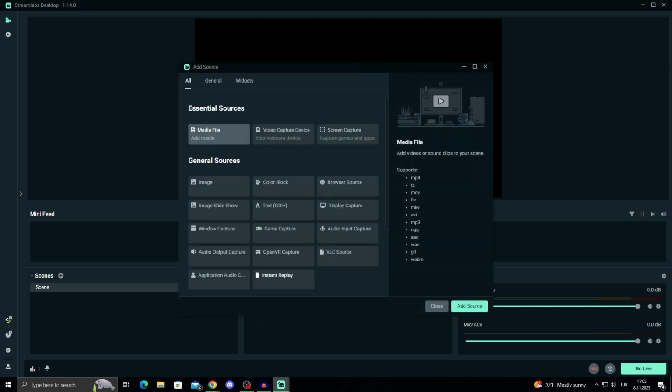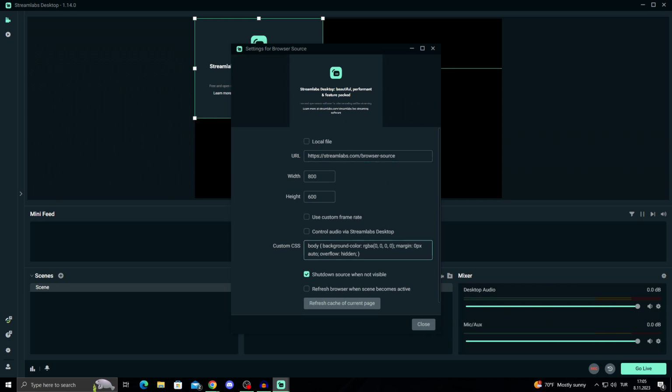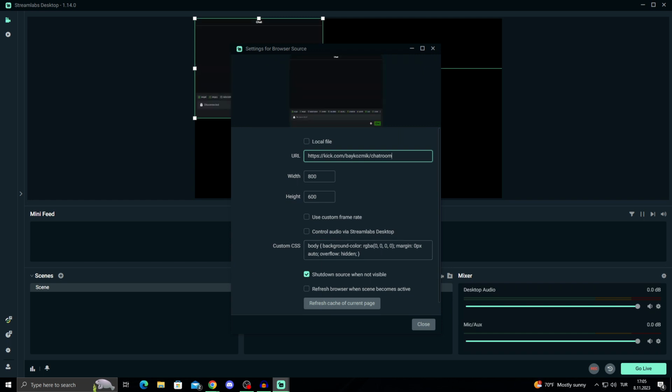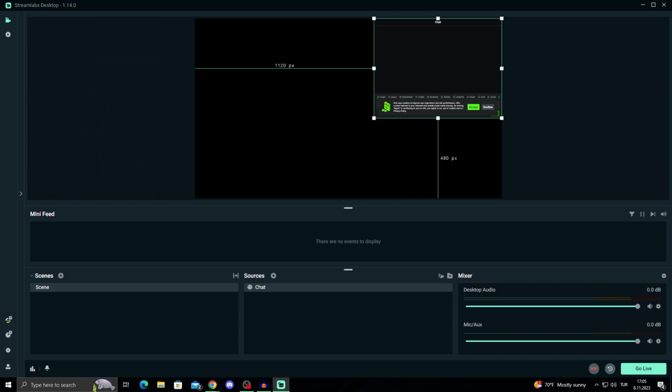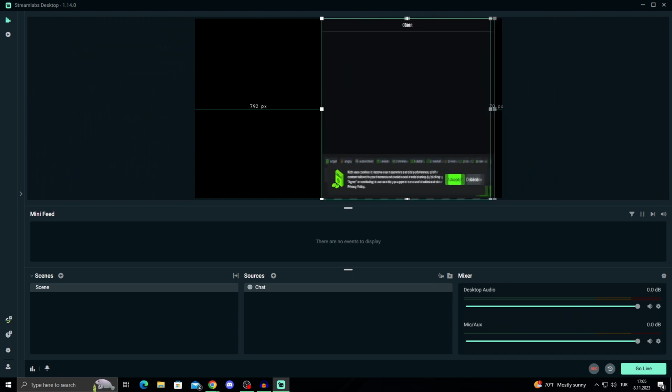into sources, and from sources we will select browser sources. We will say add, it will be chat, add source. After that, the URL will be our Kick link we got from the website. So that way, when we close it, as you can see right now, we have our Kick chat fully integrated